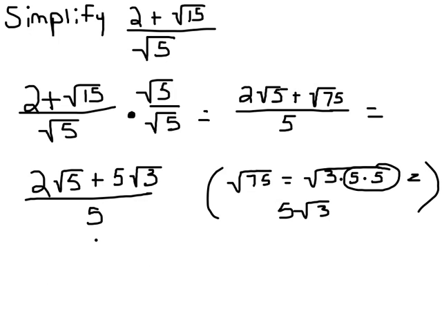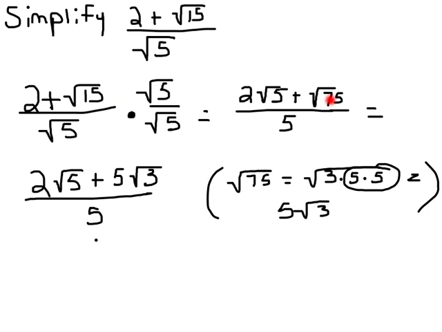Alright, this says simplify 2 plus the square root of 15 over square root of 5. Well, we know we're going to get rid of this thing and make it just plain 5, so we have to do this on top and bottom. We get rid of our radical sign, and we have just plain 5. Again, we've got to distribute this over both of these terms because they're two separate terms joined by this addition sign. So we have here 2 times the square root of 5 plus 15 times 5 is the square root